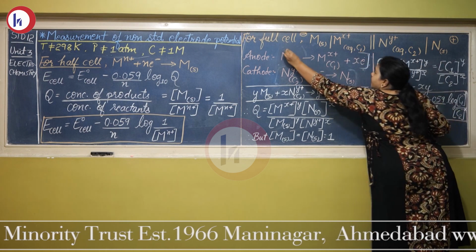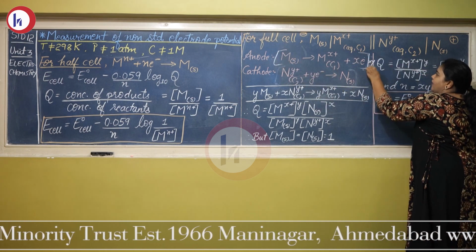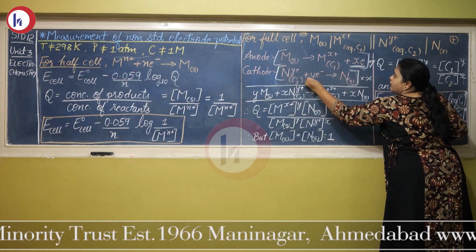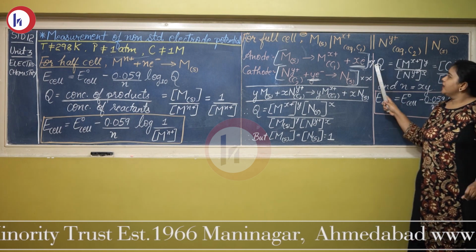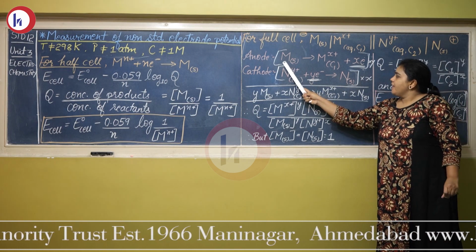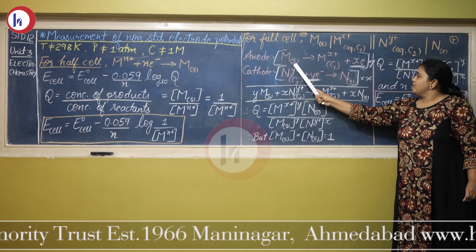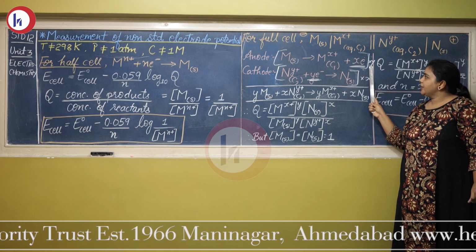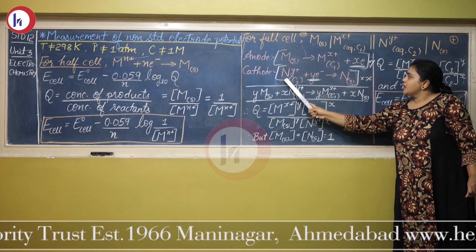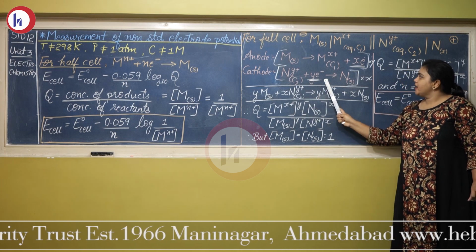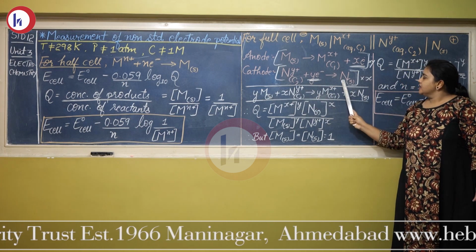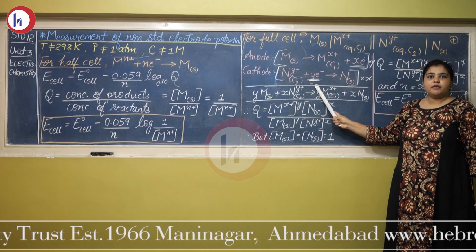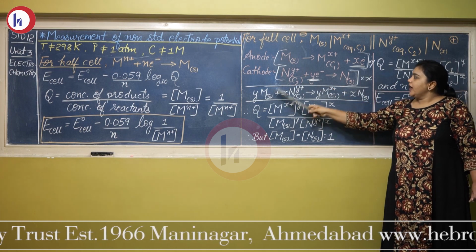Okay, so multiplying the anodic half reaction by y and the cathodic half reaction by x to make the number of electrons equal, we get the equation: y moles of M solid will give you y moles of M^x+ plus xy number of electrons. Then x moles of N^y+ plus xy number of electrons gives you x moles of N. Cancelling the number of electrons exchanged because they will be equal, xy number of electrons, we get the equation